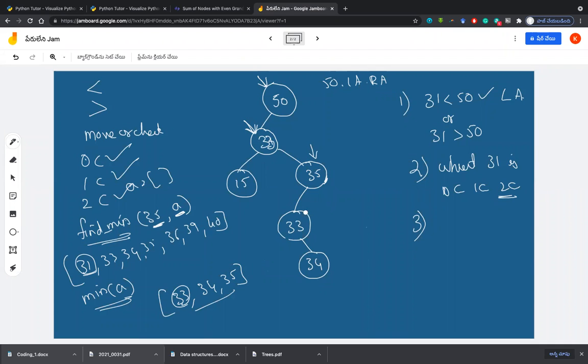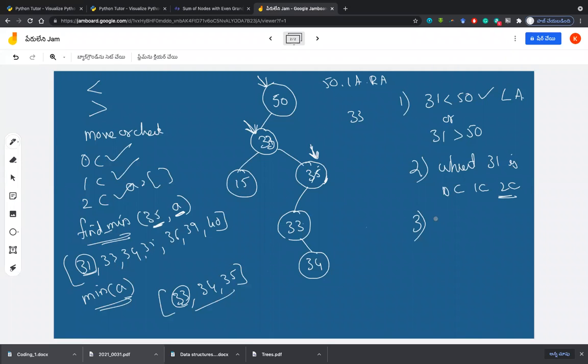Fine. And you have to now delete 33. Again you pass 35 into the deletion. So you are in a deletion and again you pass 35 as part of deletion, this time sending 33 to be deleted. And when 35 checks that it is 33, you find the 35's left is 33 and 33 is a single child node. What is the step that you can do? Tell me.